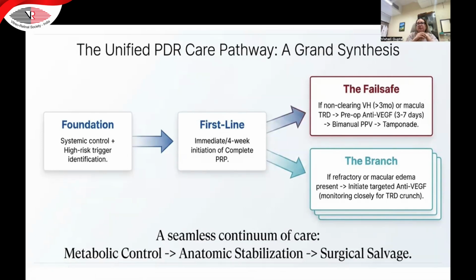And if there is refractory or macular edema is present, you will have to combine anti-VEGF along with this. So the seamless continuum of care is metabolic control, anatomic stabilization using PRP, and surgical salvage